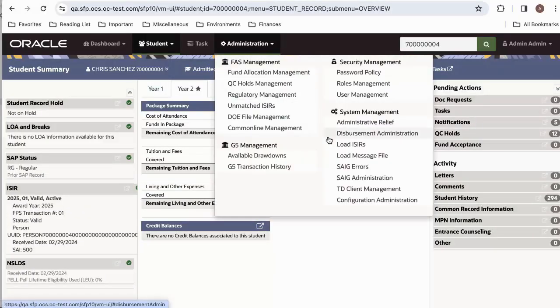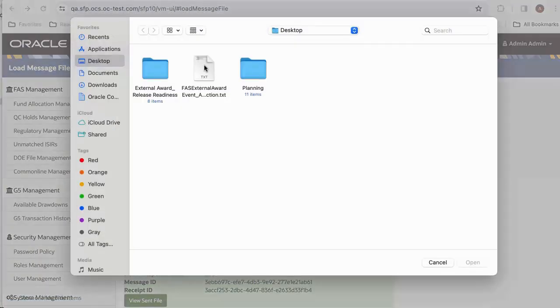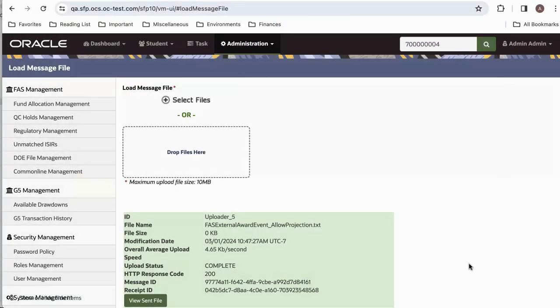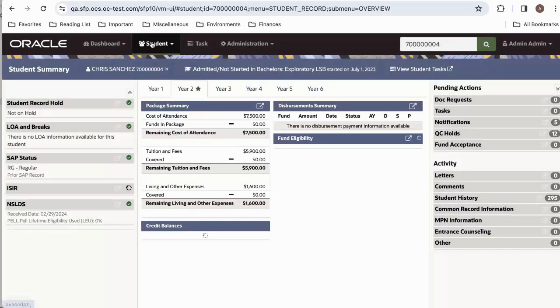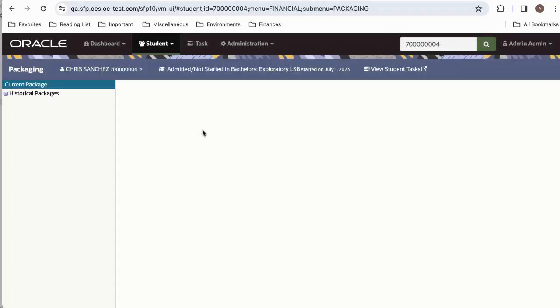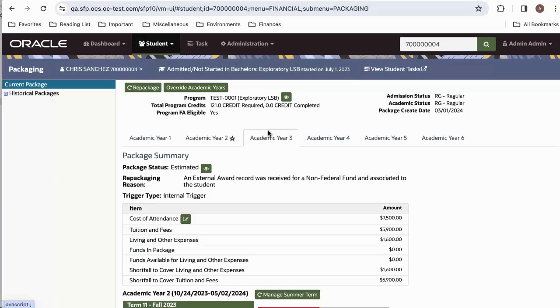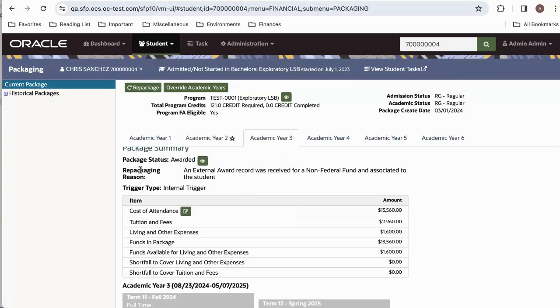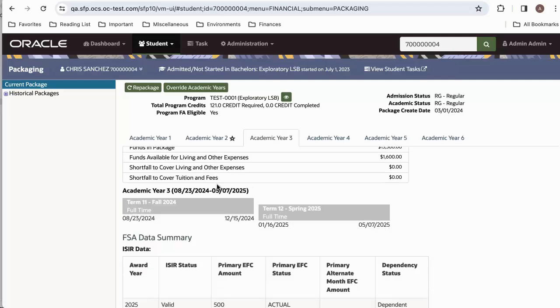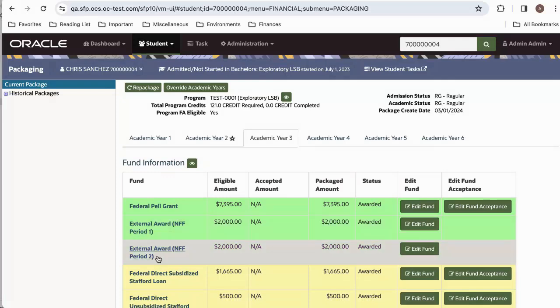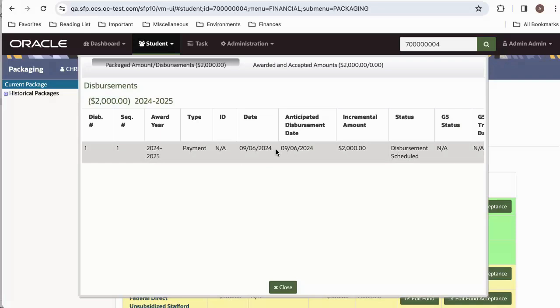So let's go to our load message tab to load our file and see the results. The file is loaded successfully. Now let's go see our student's package. You'll notice here that a new repackage reason has been triggered based on the receipt of our new event message. And we have 2 external awards that have been created for our fall and spring semesters. The $2,000 has been awarded based on the max projected award script,